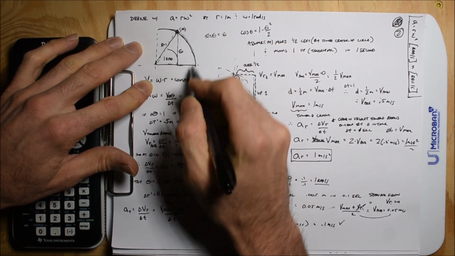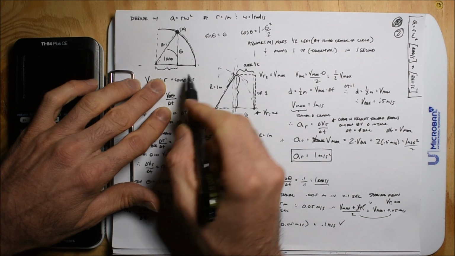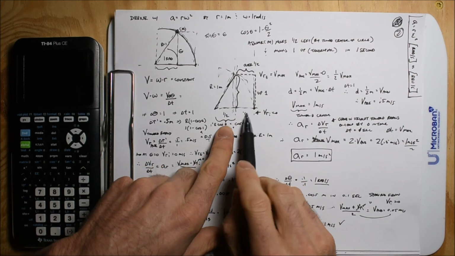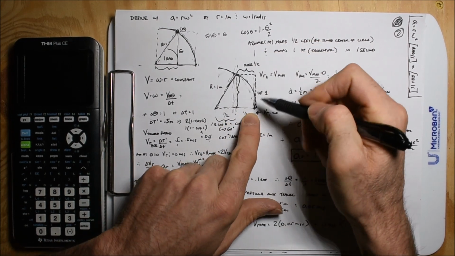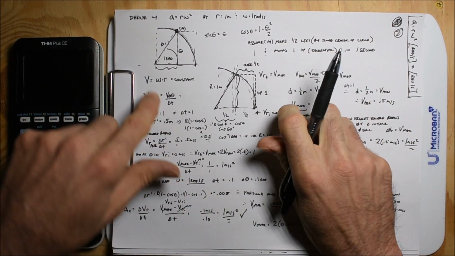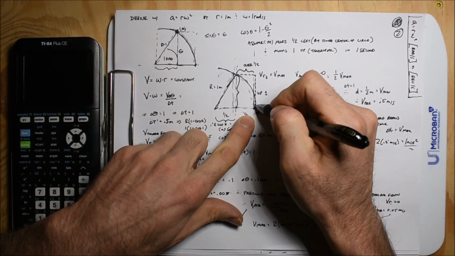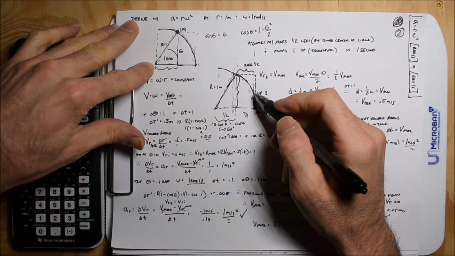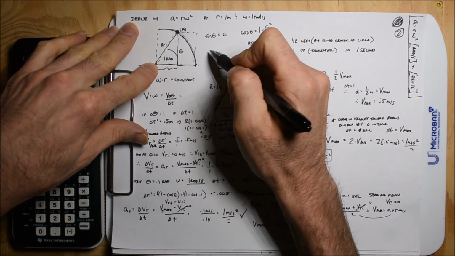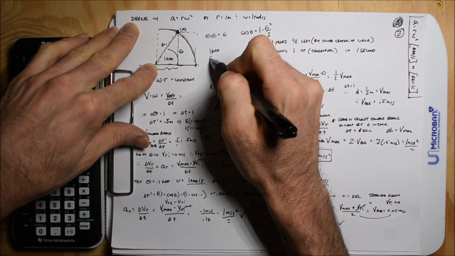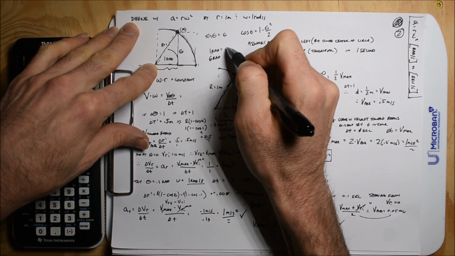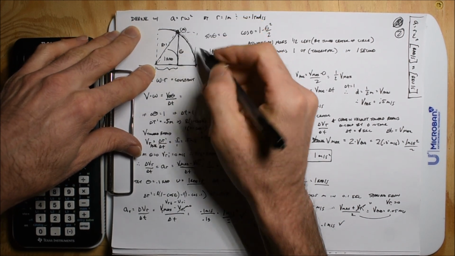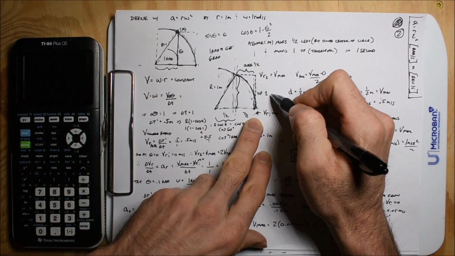So what we want to find out is this distance right here, because we said if you go 1 radian, we're going to go up this far. So here's our half circle, and in 1 second, we're going to go 1 radian. That means we're going to go this arc length in 1 second. And because there's 6 radians in a circle, 1 radian is approximately 60 degrees. So now we're looking at the sine of 60. So this distance is,